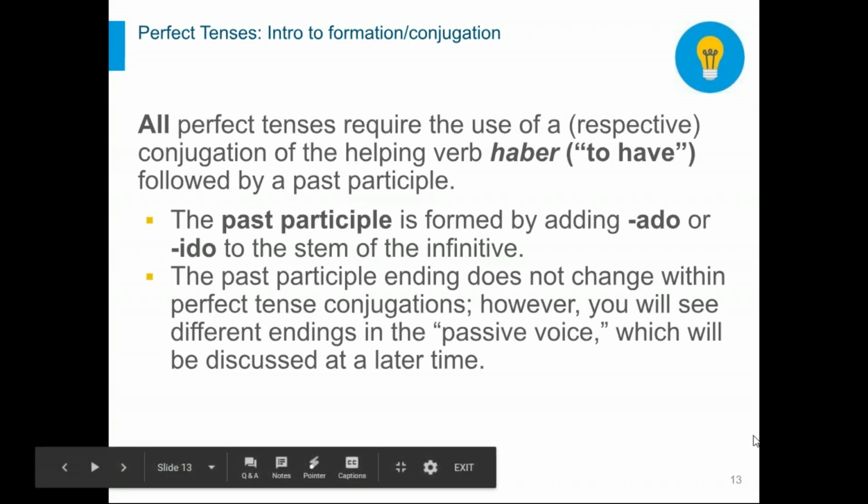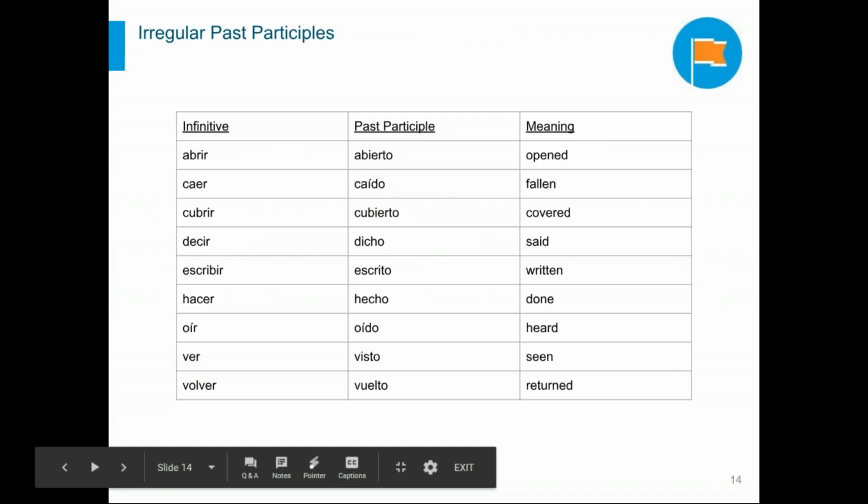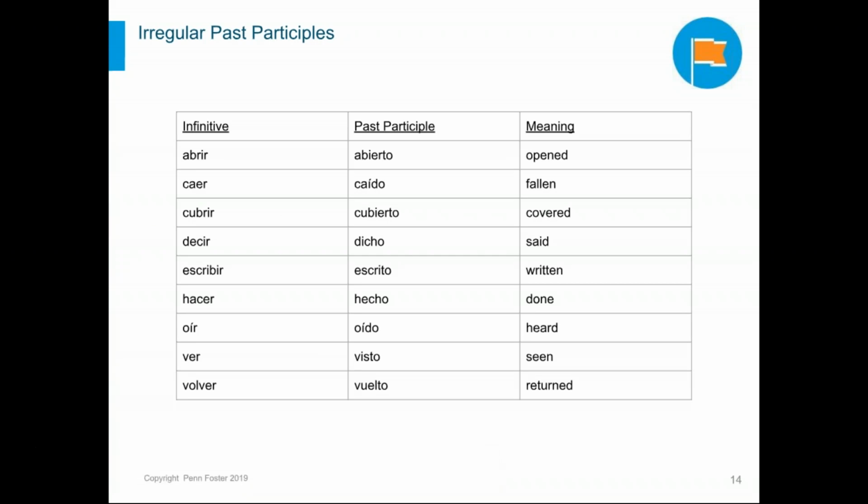So we're going to dive into compound tenses or perfect tenses here a little bit. Just to begin, we'll start with the irregular past participles, those that do not end in ADO or IDO. It's a pretty abbreviated list here. These verbs are the ones that you have to be mindful of to choose the appropriate irregular form. Notice how